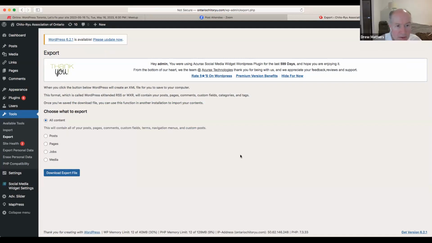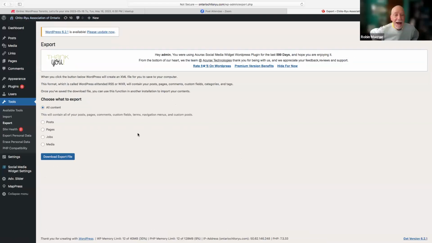Well, I would think you're better off with one of the free plugins, which will give you more choices and more controls than this. I think this is put there so that if you don't know anything about backups, this is better than nothing. And then the other side of the coin is that there's an import function, right? Right.